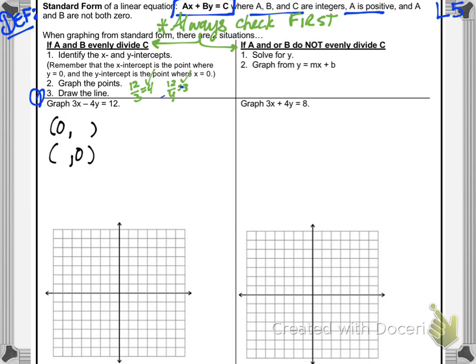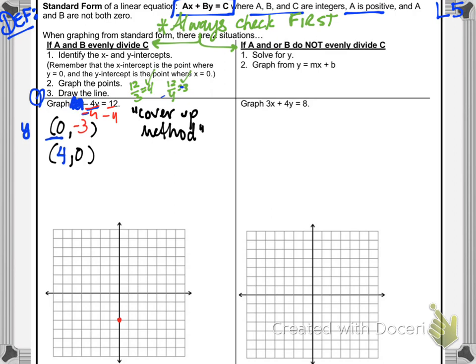These will find the two intercepts. Remember, when you're on one of the axes, one of your coordinates is 0. And in fact, this is going to be the y-intercept because the x-coordinate is 0. So if the x-coordinate is 0, you're on the y-axis. So I'm going to do what's called the cover-up method. And what that means is if I plug in 0 here, I'm going to just eliminate that. So then I just solve for y, and I divide by negative 4, and I get